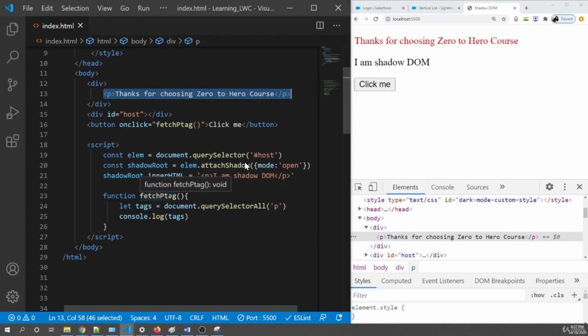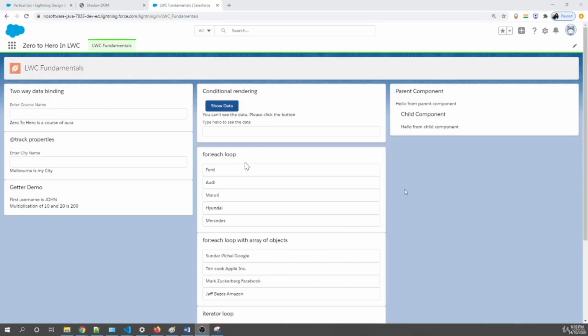You can't cross the boundary, and this concept we're going to use when we talk about our parent to child relationship. In the parent DOM, you can access anything, but in the child DOM, that is a child component, you can't access their CSS or their property by default in the parent DOM. So if we talk about the previous example in which we learned about the component composition, this was our previous video example, the parent to child